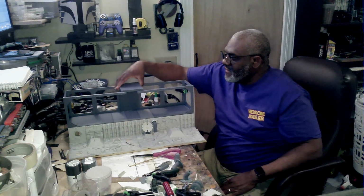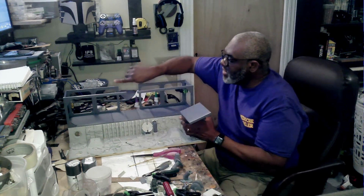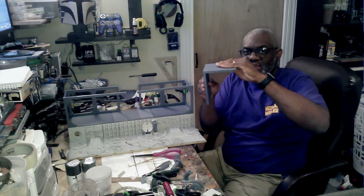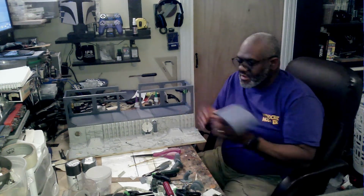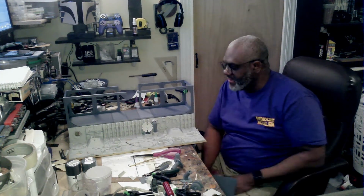Put it in. Okay, so what the problem is, this top piece is correct from here to here. This bottom piece is correct from here to here. So what I should have done, instead of putting this piece on top of this piece, I should have put this piece in front of this piece. Then it would be perfect. So I went back into Fusion 360 and I got the pieces moved around and I started the printing, and it's a 7-hour print. And I'm like, my goodness,